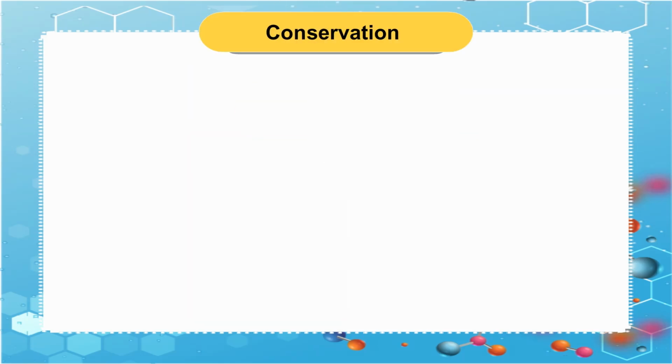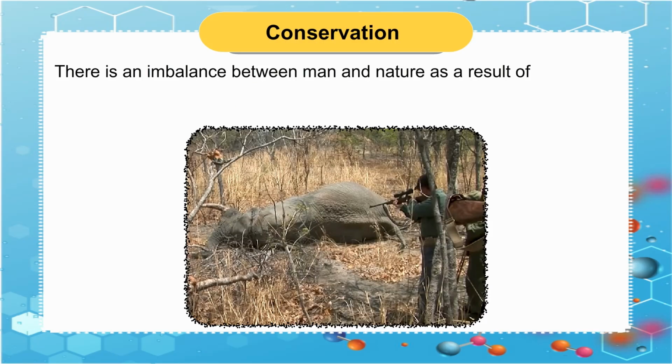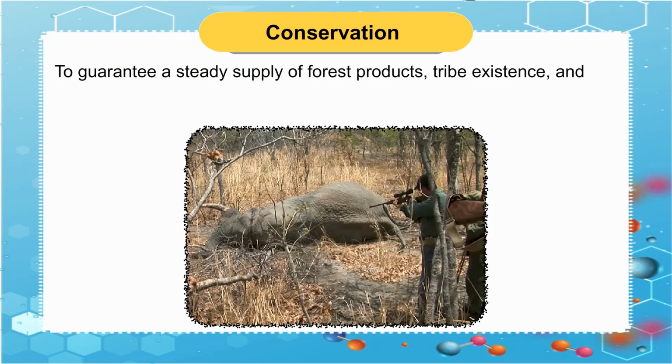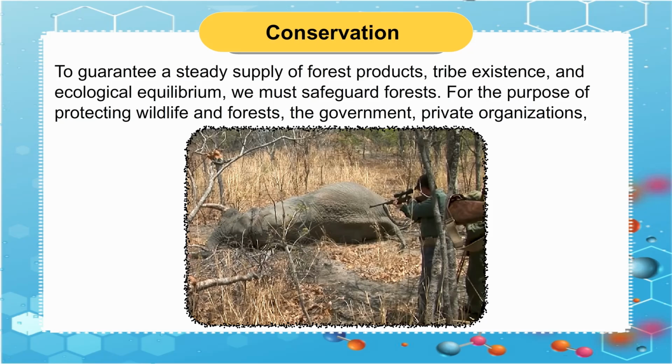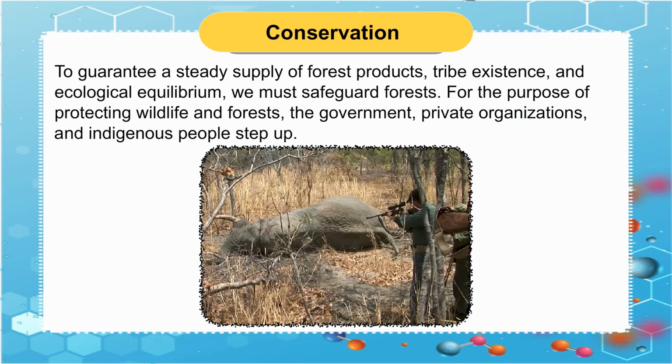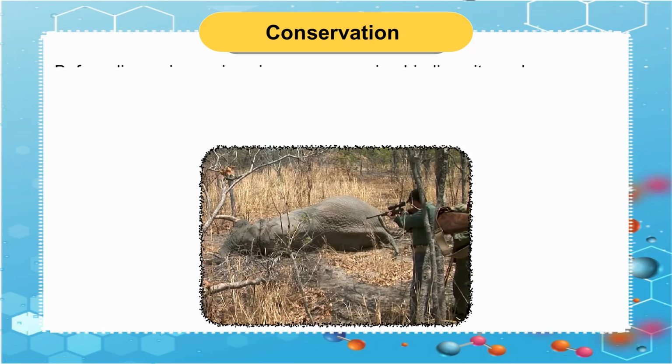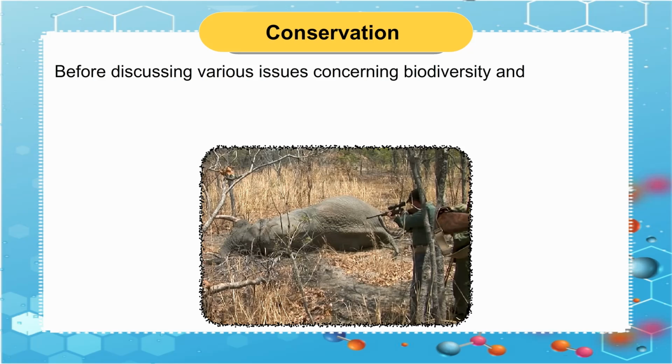Conservation. There is an imbalance between man and nature as a result of deforestation, hunting, and poaching. To guarantee a steady supply of forest products, tribe existence, and ecological equilibrium, we must safeguard forests. For the purpose of protecting wildlife and forests, the government, private organizations, and indigenous people step up. Before discussing various issues concerning